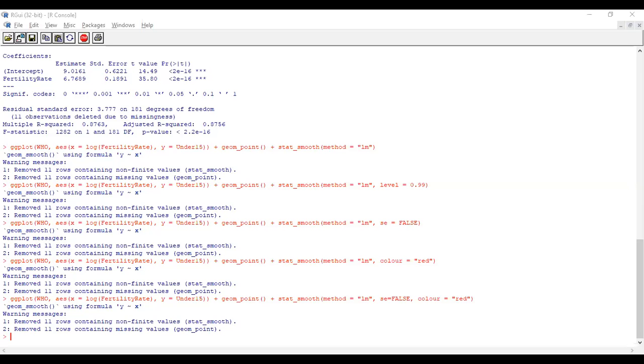Please, everybody, save this code as a script file for further use. In future, we will be using only the data set will be different. The coding almost will be same. The variable and the data set will be different, but that coding, ggplot, that basic command will be